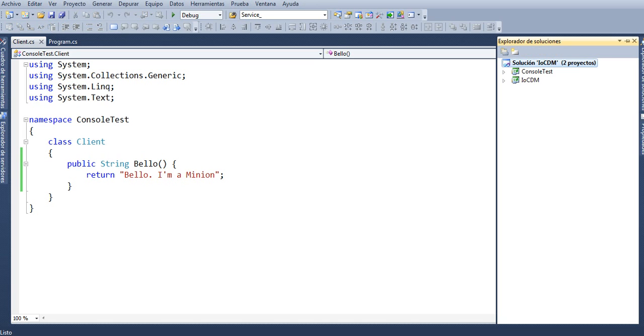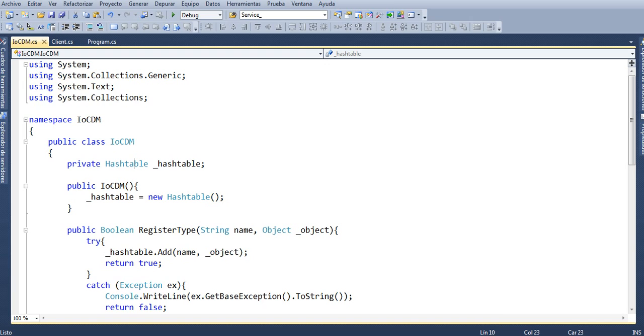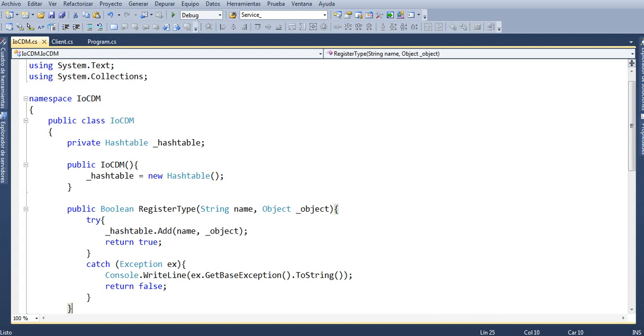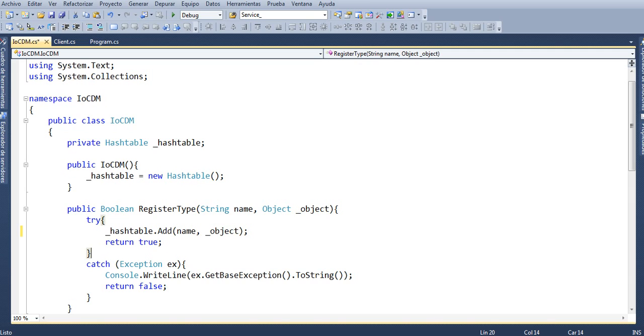And the DLL project, we have to check everything is fine. Hash table add name and the object, key and object value, semicolon, return true,